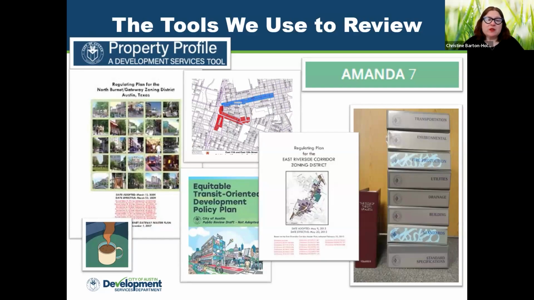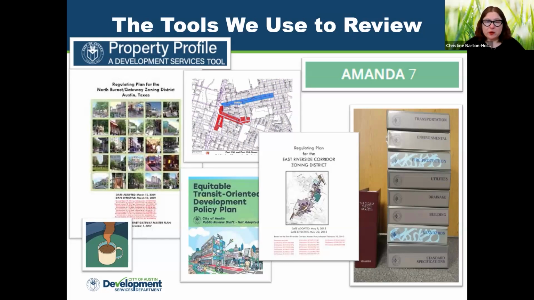And one of the key things we do is check the zoning. And we start out with the base zoning, and that stack of binders you can see, that is the zoning code. That's what it would look like if you printed out everything on Unicode. The gray binders are all of the criteria manuals, and then the dark red binder is one of several binders for the land development code.